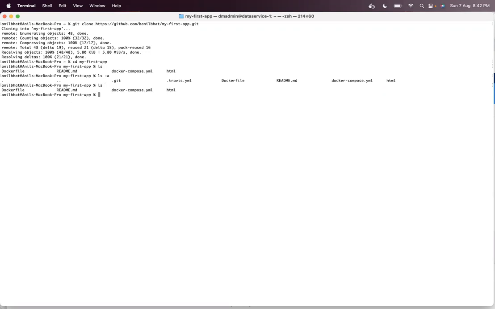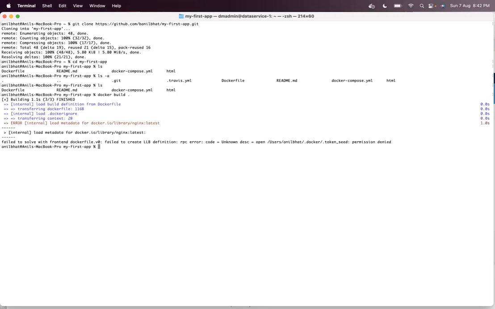If you list it out, you can see that Docker file is there in your current directory. So by just typing docker build dot, it will start running the nginx container. Sometimes it fails in downloading the container.